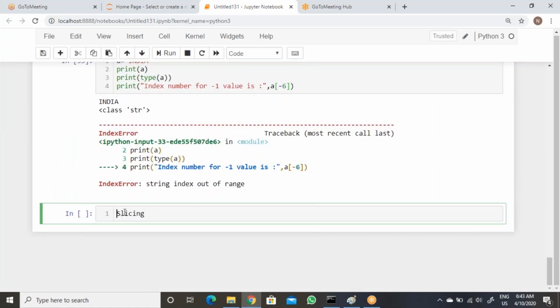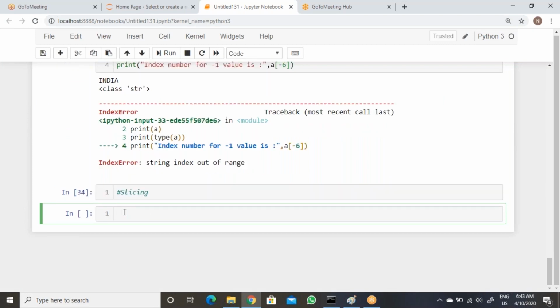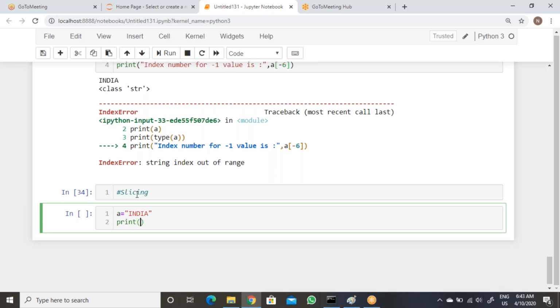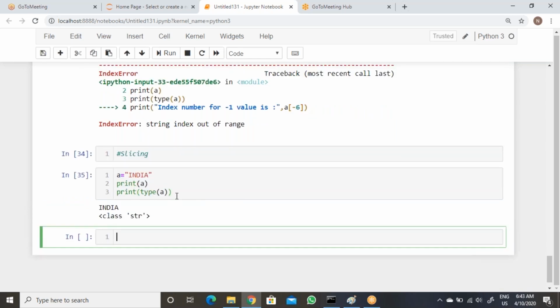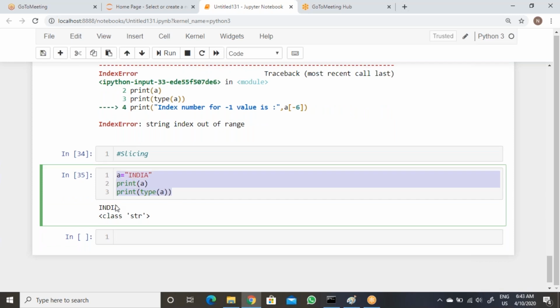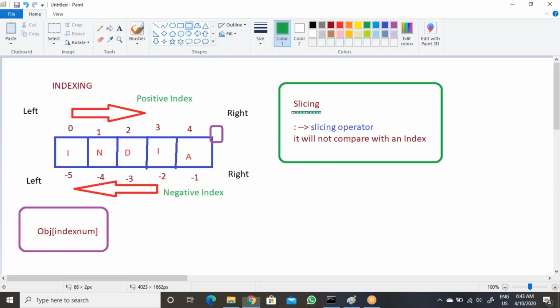So now let's see slicing. I'm taking the same example, A equal to India, then print of A, print of type of A. So up to now we don't have any problem.